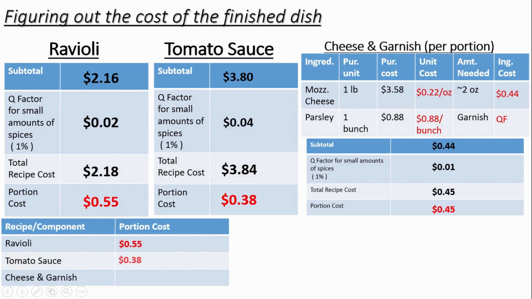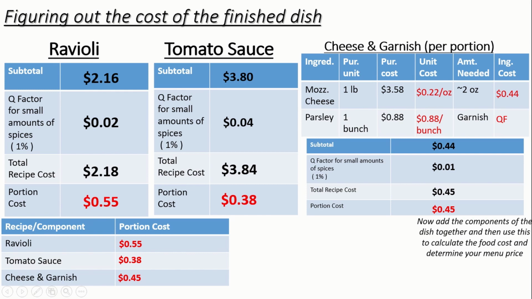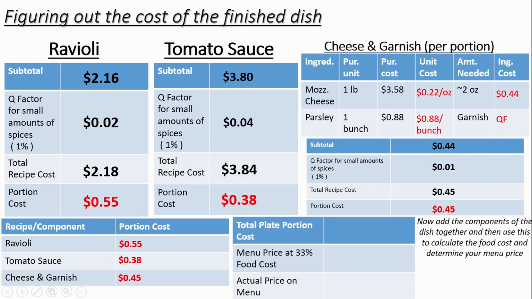So now to find the cost of the dish, you just take each of these ingredients and you just list them out. Now, just simply add the components of the dish together to find your menu cost or your menu price. So we would take 55 cents plus 38 cents plus 45 cents to get $1.38. So to put a plate of ravioli in front of a customer would cost you about